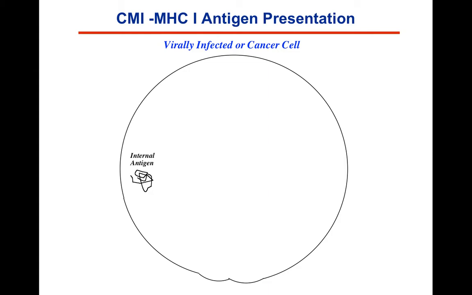But for virally infected cells, remember the transcription and translation of those proteins is happening inside the cell. There's nothing outside the cell that's necessarily happening. The cell is going to have essentially the antigen inside the cell already. And so in this process, lots of times a good chunk of those viral proteins will be produced,